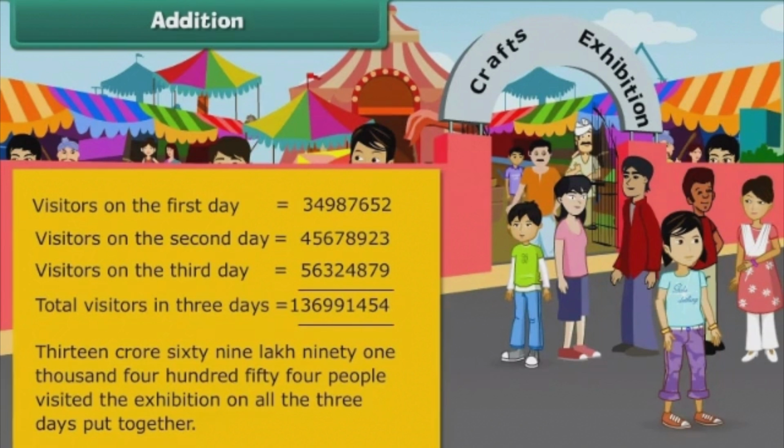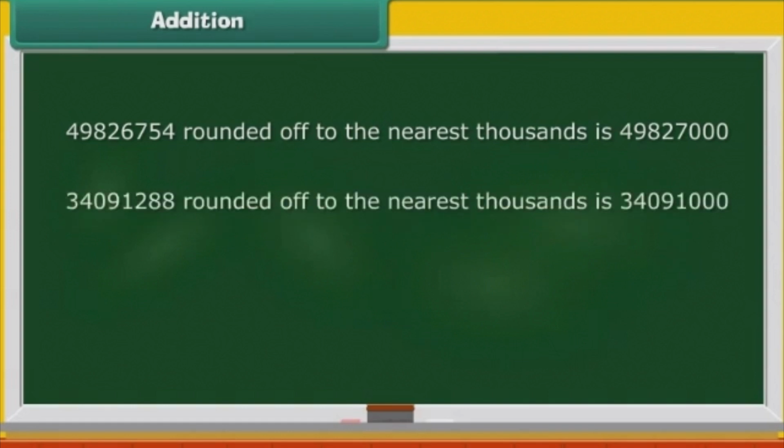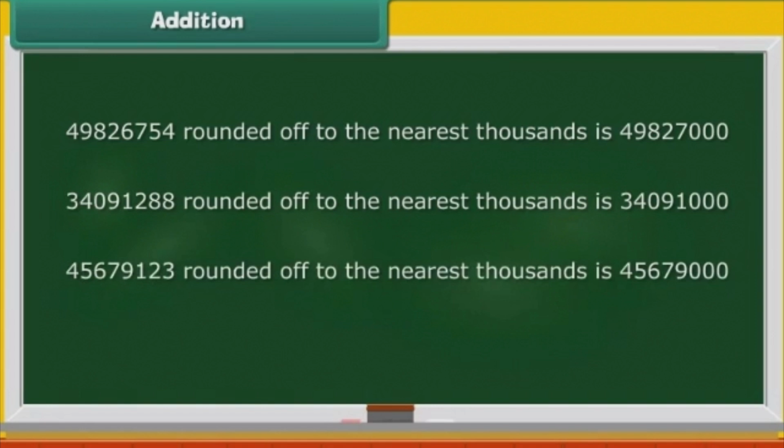At times, we do not want the exact sum of numbers. We want an approximate value. In such cases, we estimate the sum by rounding off the numbers. Let us estimate the sum of 49826754, 34091,288 and 45679,123 to the